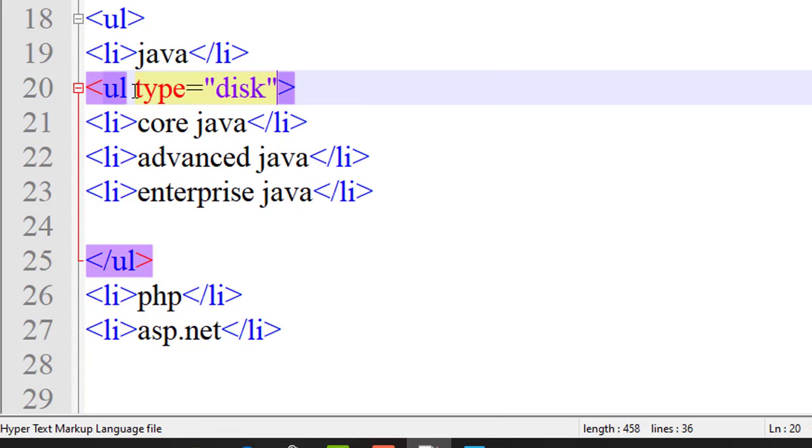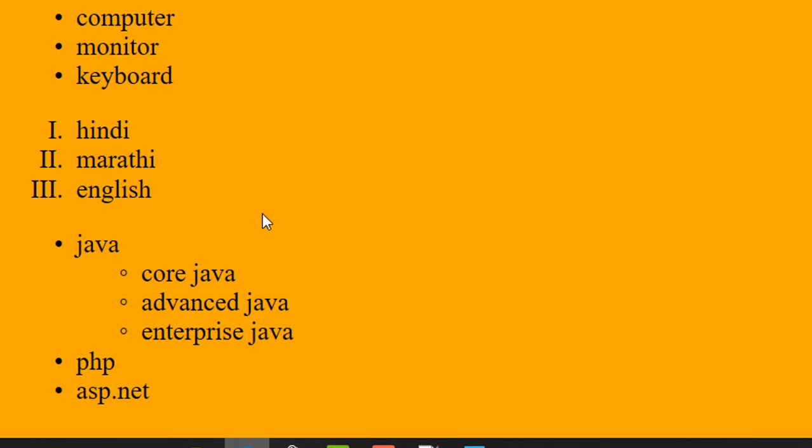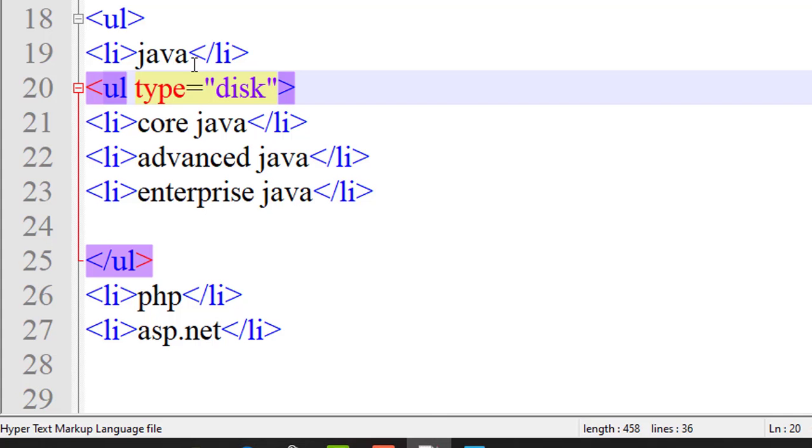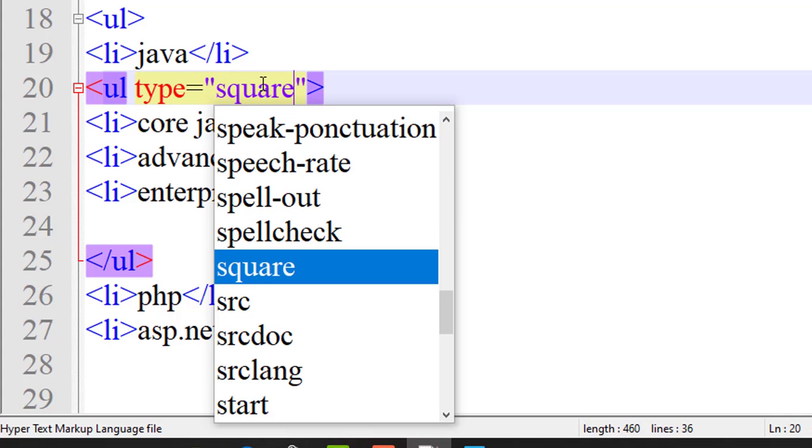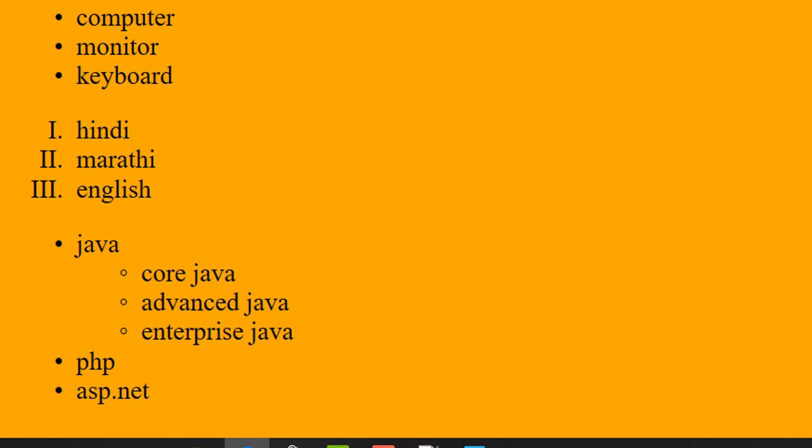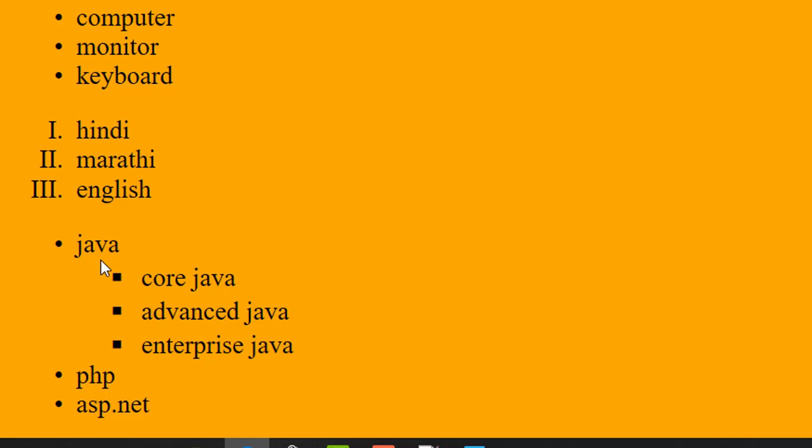Double quote complete. Just save this and now run it. Just save this, now refresh it. Square is created here. Okay, this is all about the list tag in HTML.